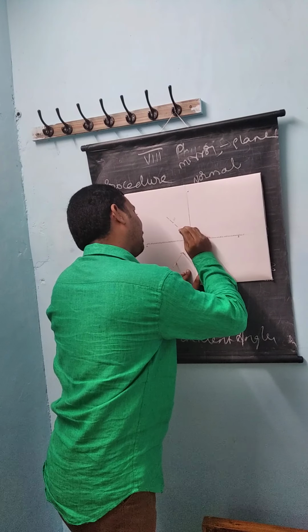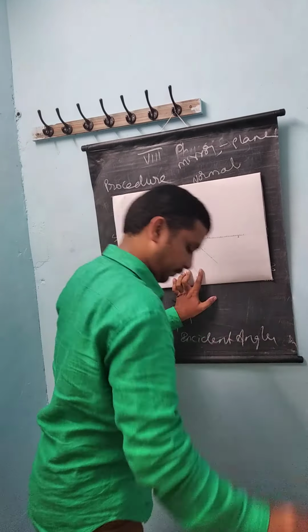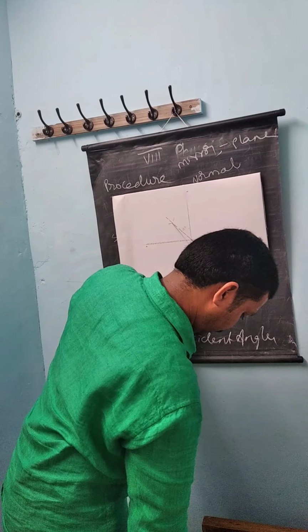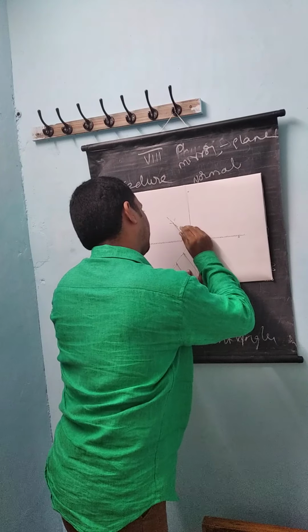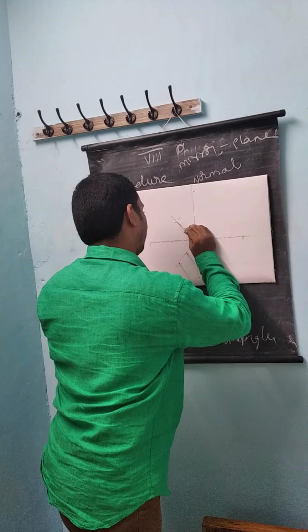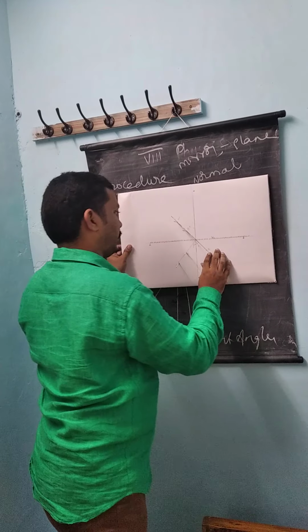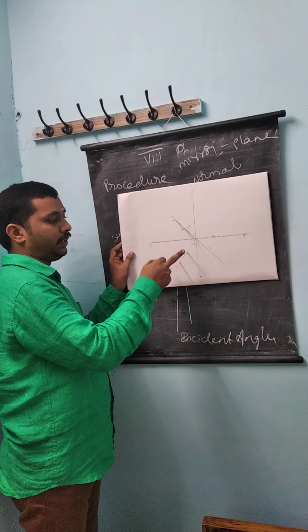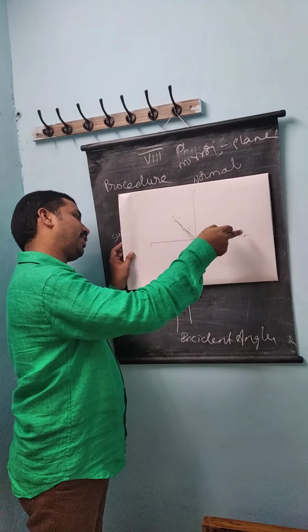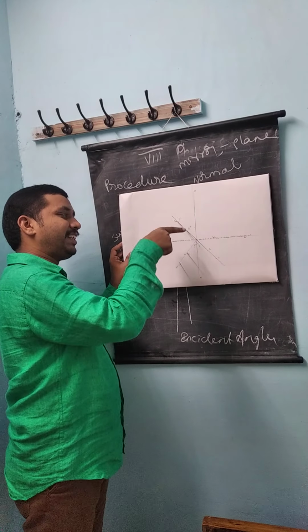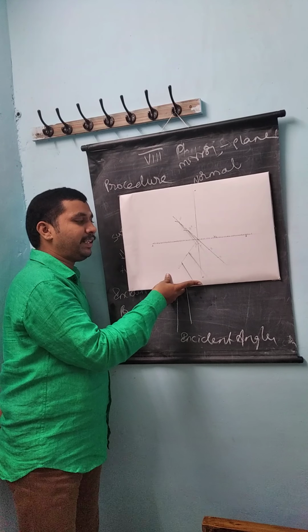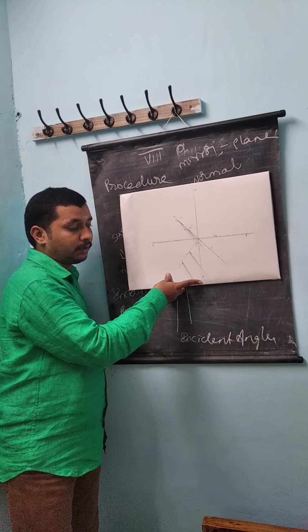So, in the mirror, we will observe the image like this. These are the objects, or the pins placed on the line PQ, and we placed the mirror on the surface AB, and these are the images of the pins P and Q. Q dash is the image of Q, and P dash is the image of P. Okay, students, once observe.